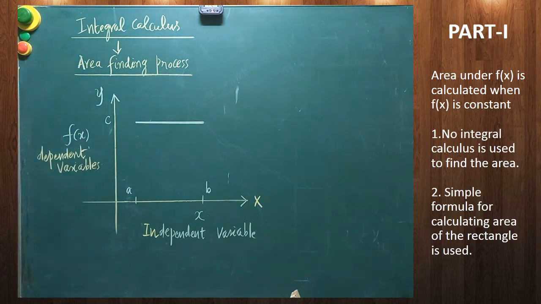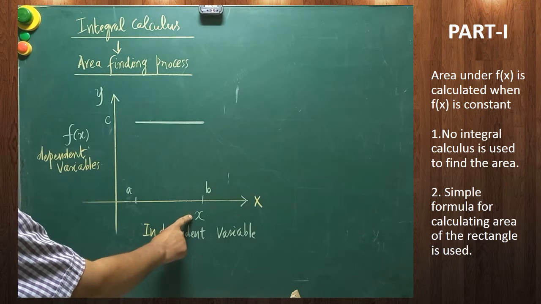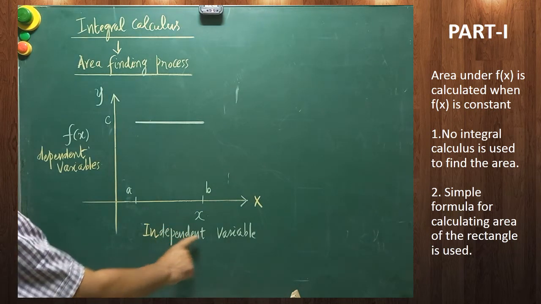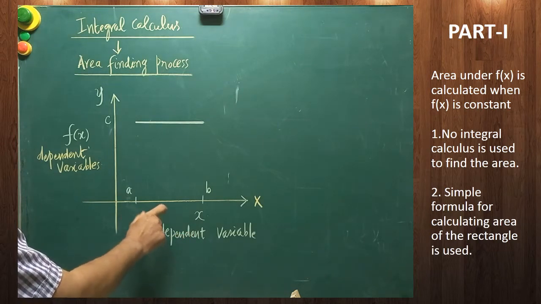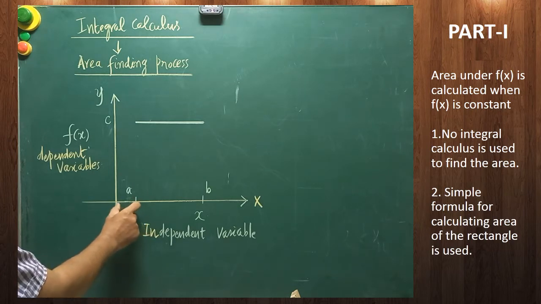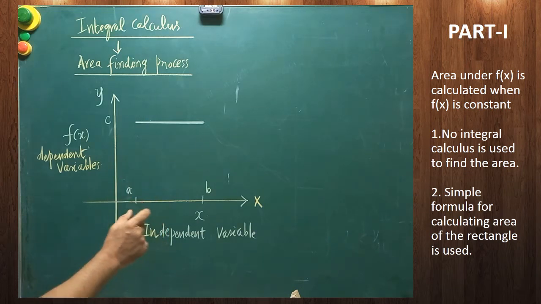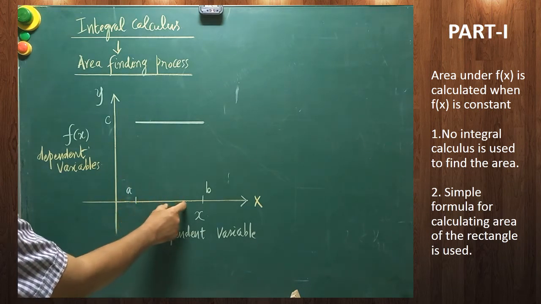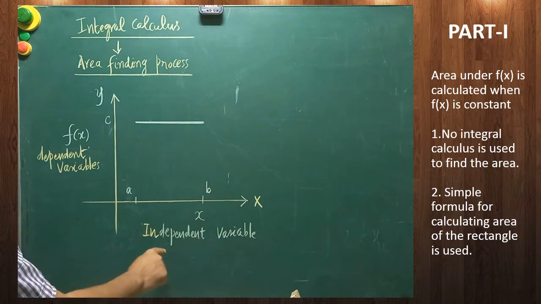Just look at this graph. In this graph, along the x-axis, the x quantities are taken. This x quantity is considered the independent variable. Independent means these values are fixed by you. Here you can fix the scale in regular intervals. For example, if displacement is taken, you are able to write 1 meter, 2 meter, 3 meter, like that, on the scale that is already fixed. That's why this is called the independent variable.